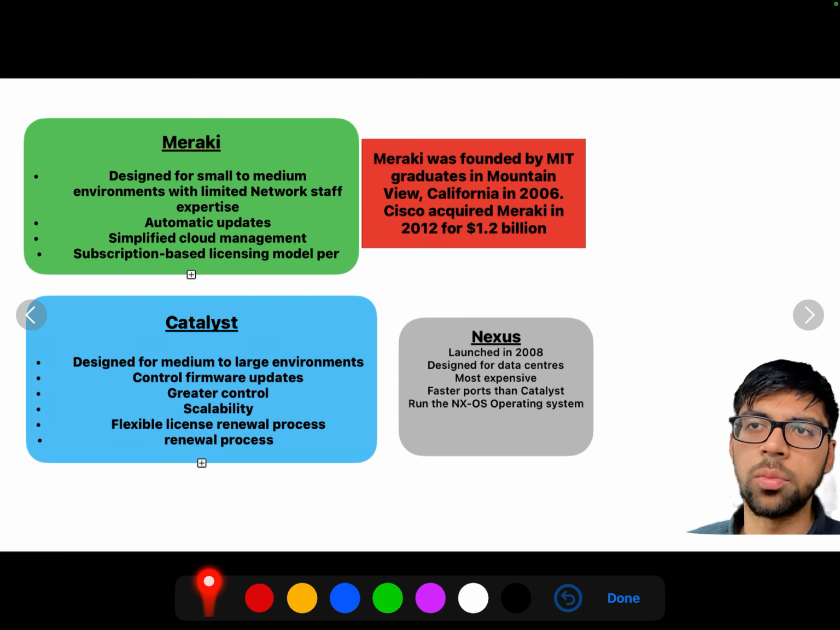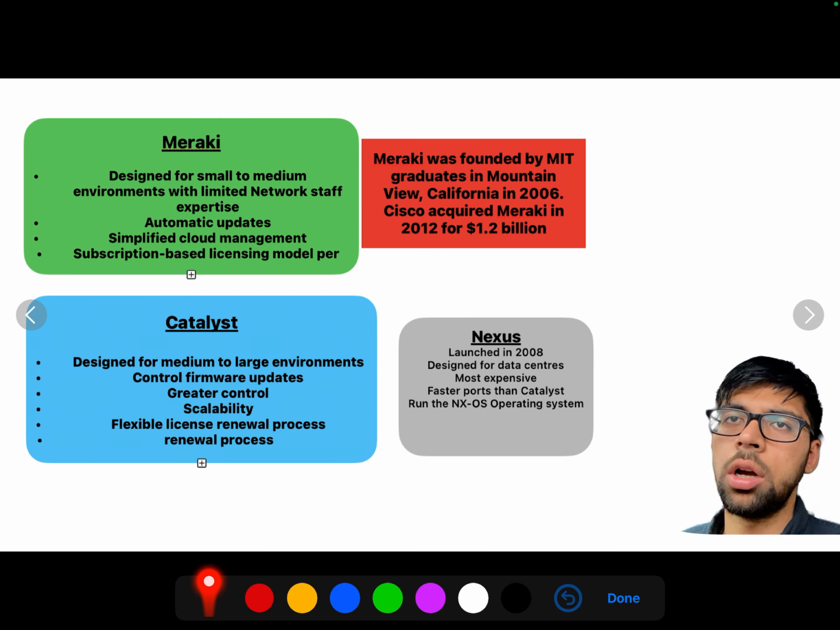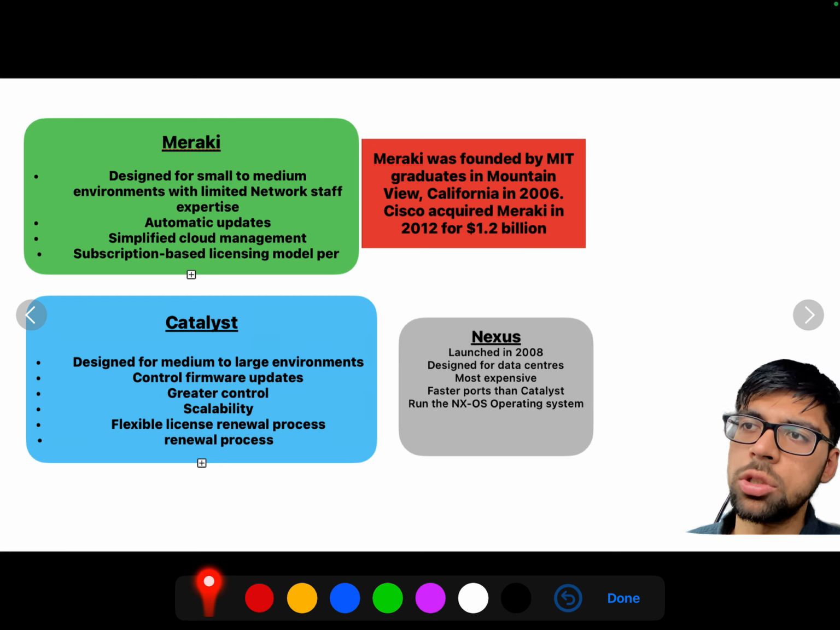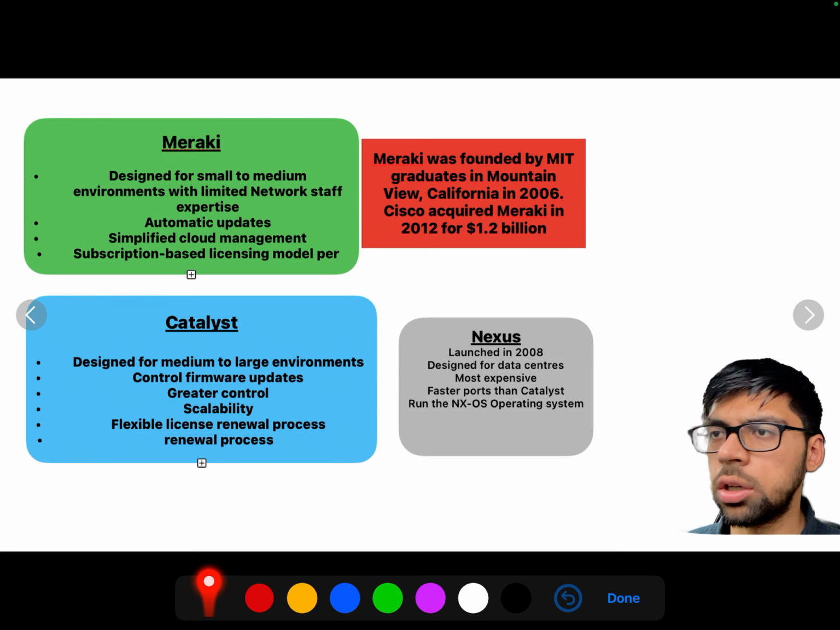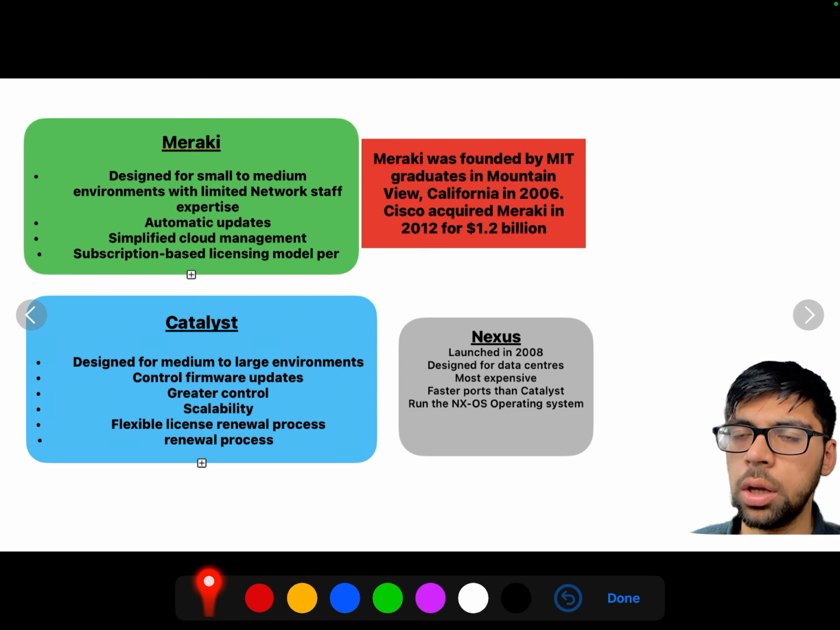It's a really good feature of Meraki. Nexus was a product line released in 2008 and it's for data centers. It's more expensive. The speeds that you're looking at are going to be way faster than Catalyst. It runs the NX-OS operating system, and when it comes to Nexus, one of the flagship products of